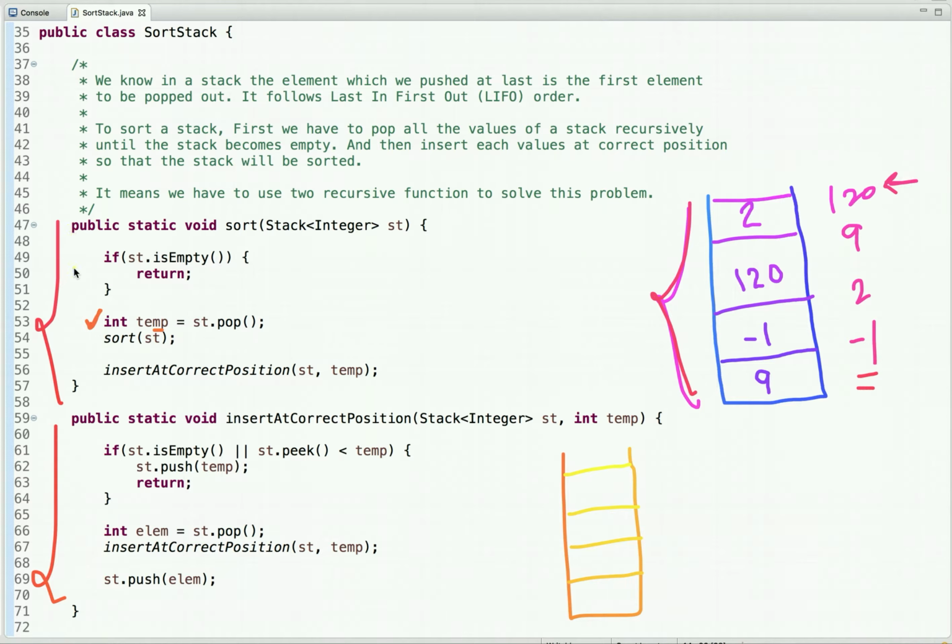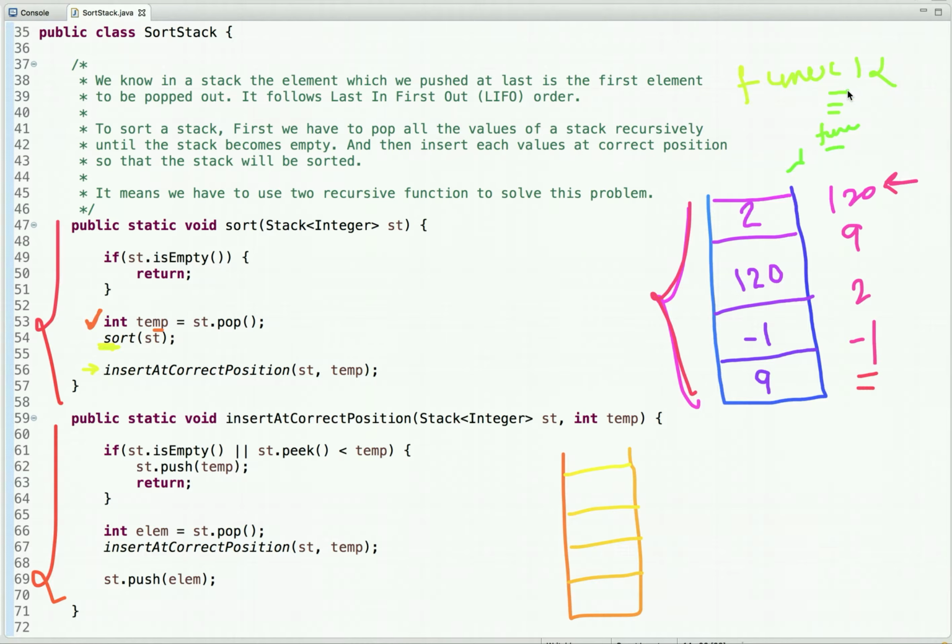Whenever this line of code is executing and this function is called, it will be put in the call stack, and this statement will be executed when we get the answer of this function call. Generally, suppose we write a function, and in the function we write some statements, and now let's say here we call another function, and then we write another statement.